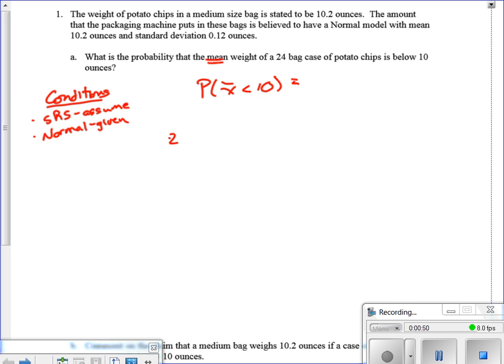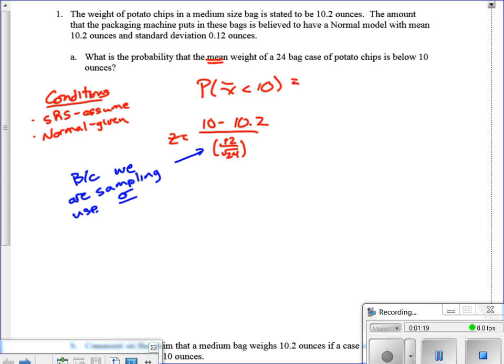All right, so we're going to find this probability. In order to do that, we need a quick z-score. The z-score here is 10 minus the predicted value of 10.2 over 0.12 divided by the square root of the sample size. You have to do that here because we are sampling. We have to use a sampling distribution. So a quick calculation would give us negative 1.88,